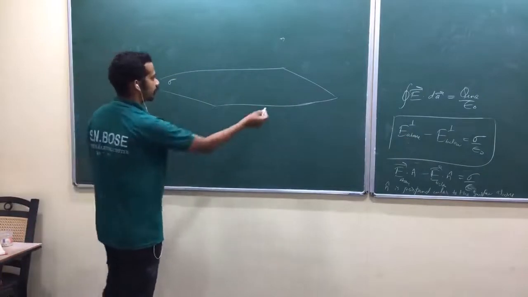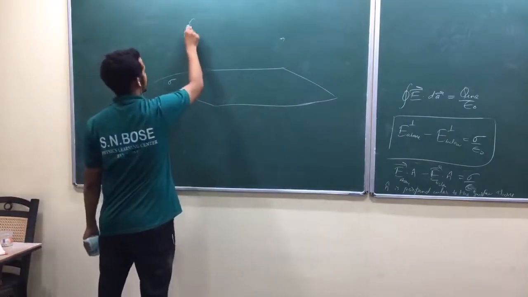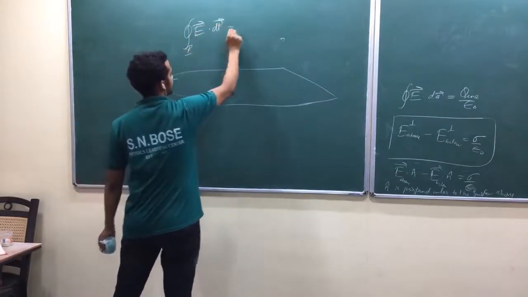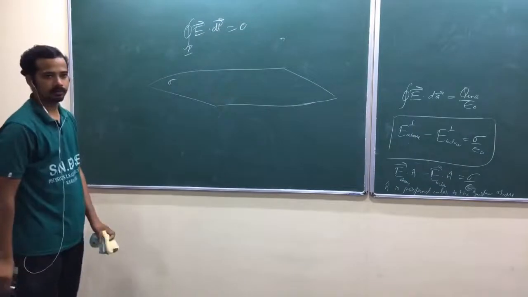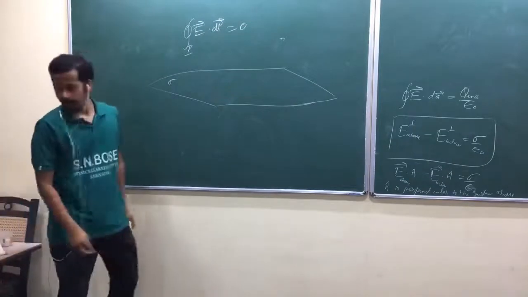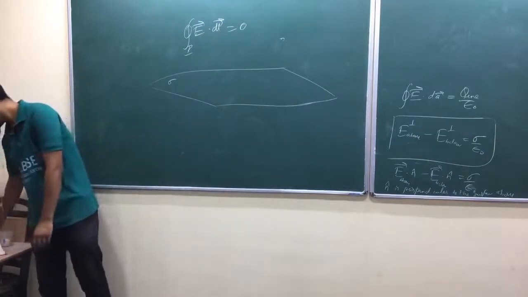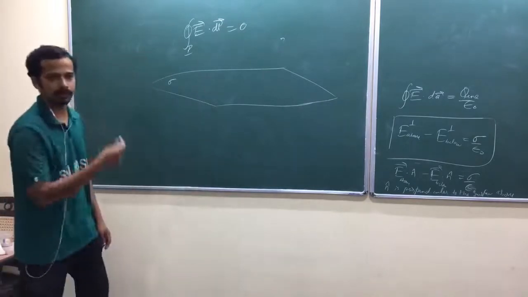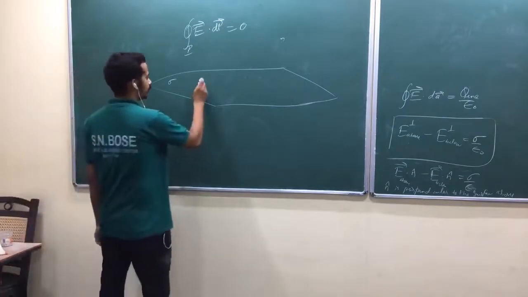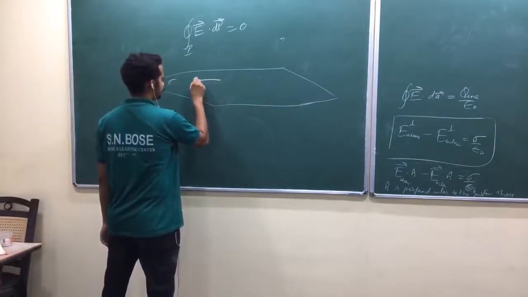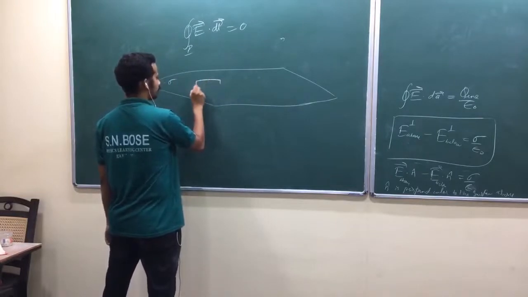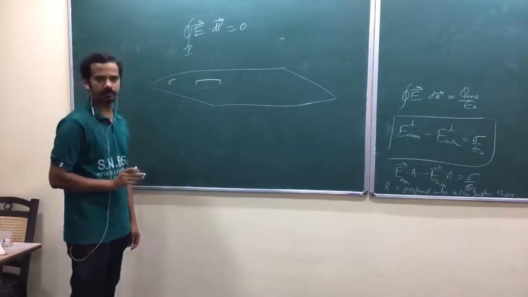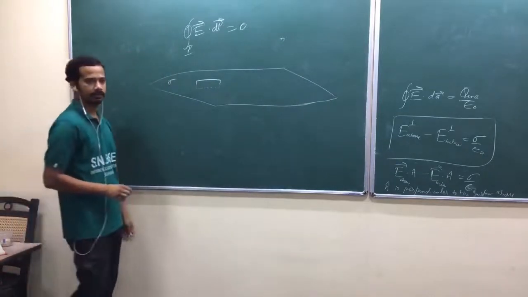Next, we shall take one more thing that we have in electrostatics. What is this one? The closed path integral equals 0, isn't it? If we try to apply this, I have to take one closed loop. Now what I do here is I am going to take a closed loop like this, which runs just above and below. Why should I run it just above and below? Because we are trying to find the discontinuity above and below, isn't it?